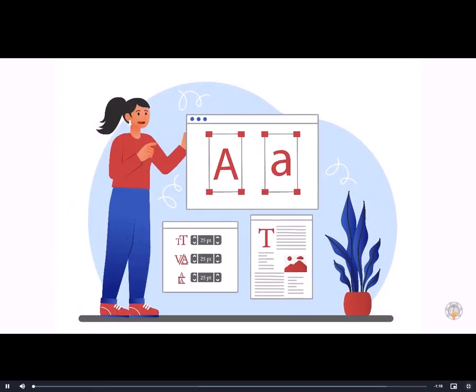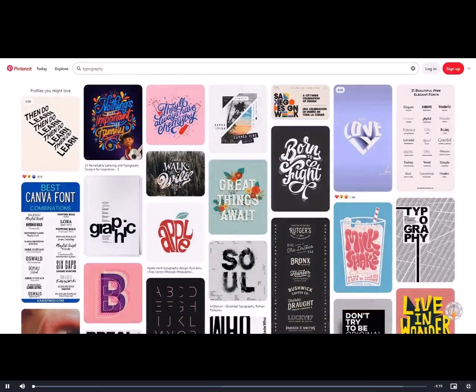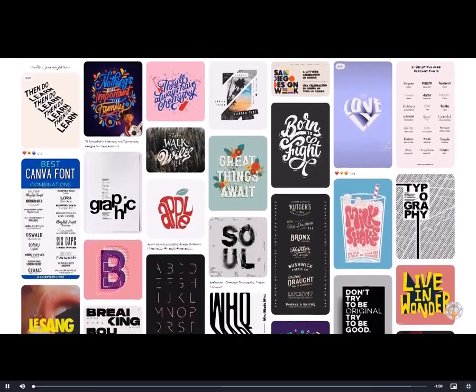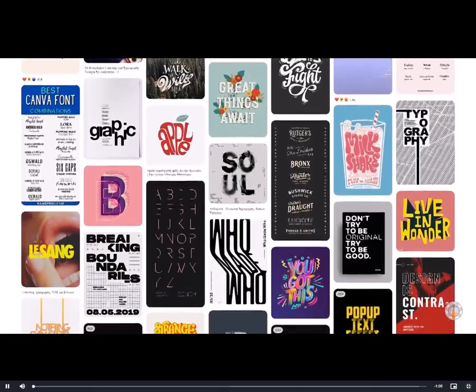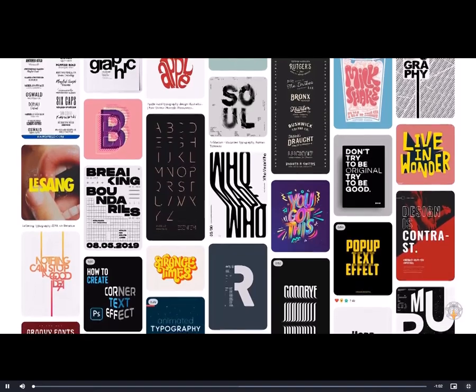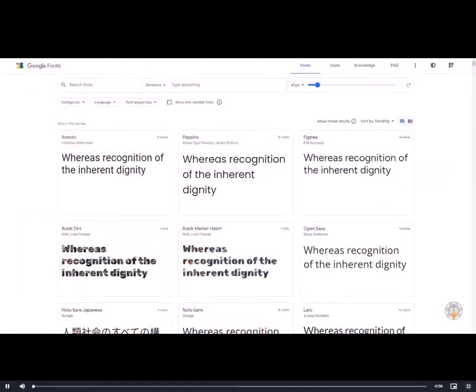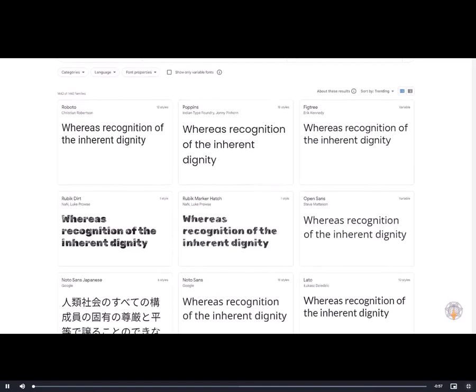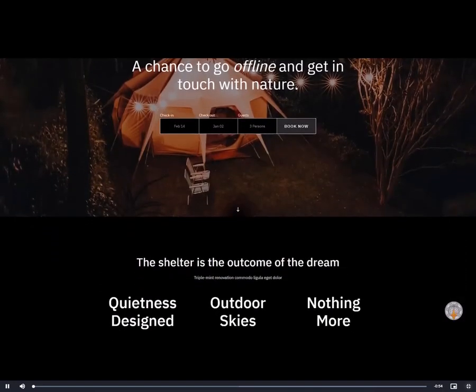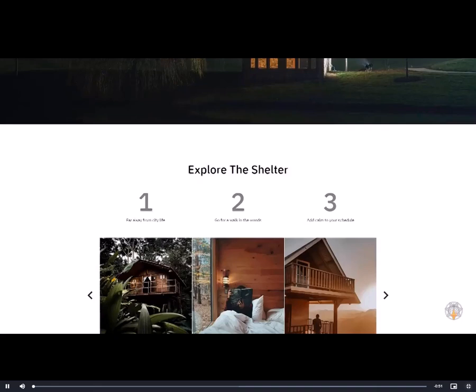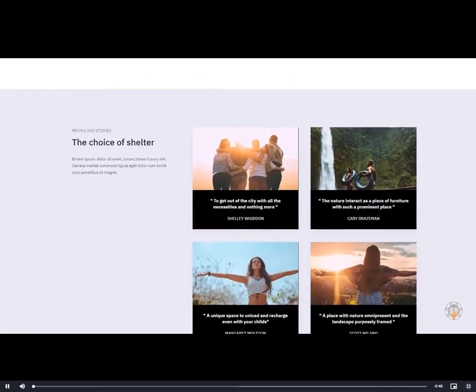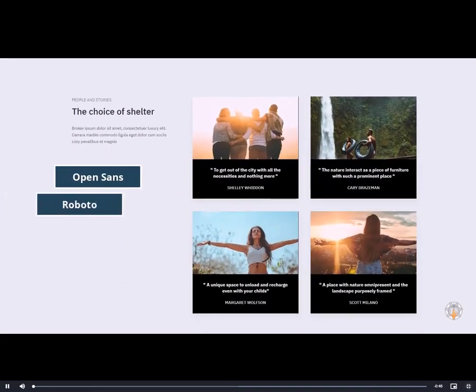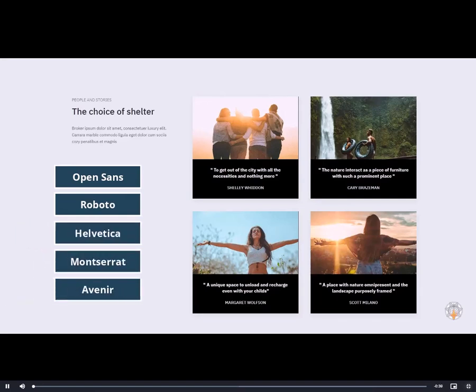Considering colors, color palettes, and color themes while designing, typography plays an important role as well. After colors, choosing the right fonts and font typefaces for your typography in your website design is important. With so many choices of fonts and typefaces, it's easy to get confused. Making the right choices depends on what you are seeking to convey. Most people prefer choosing unique font families when it comes to designing a website for their brand or business. The common font typefaces for web are Open Sans, Roboto, Helvetica, Montserrat, Avenir, etc.